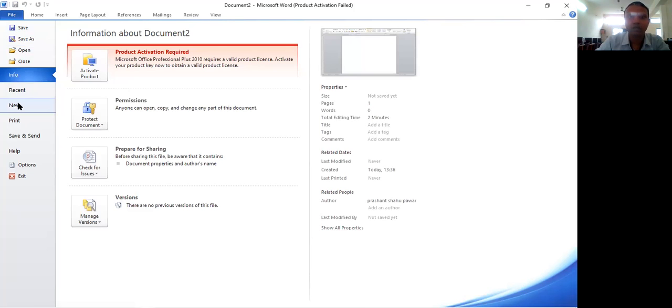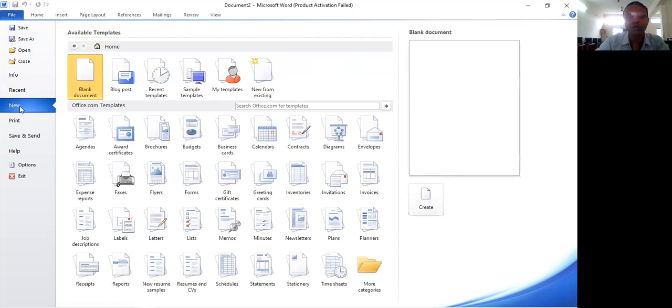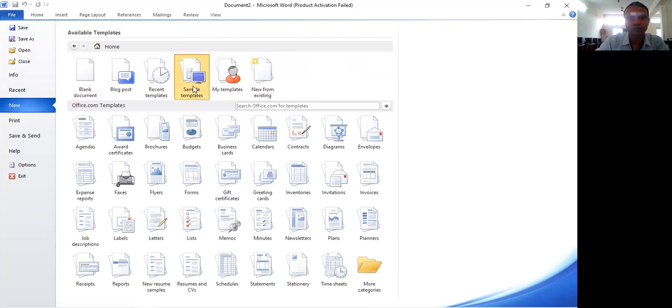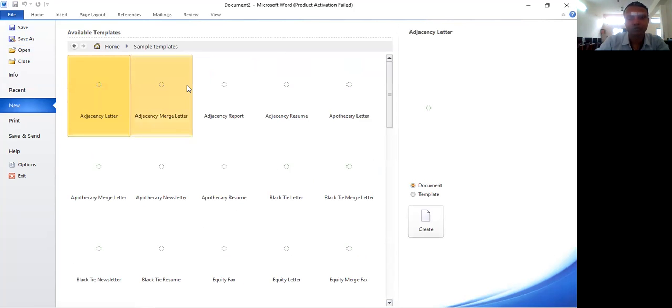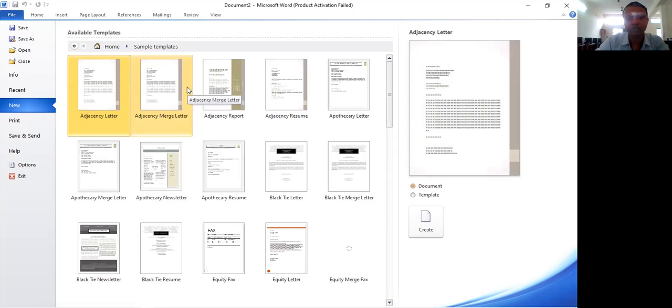Some internet issue is there. So we just open one of the basic templates that we have available offline.